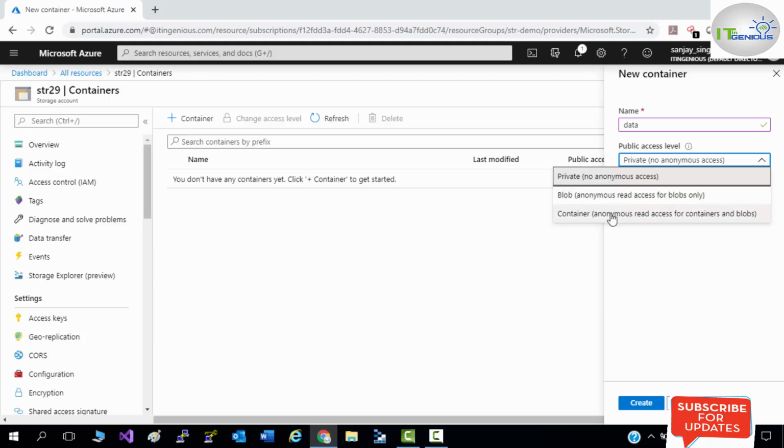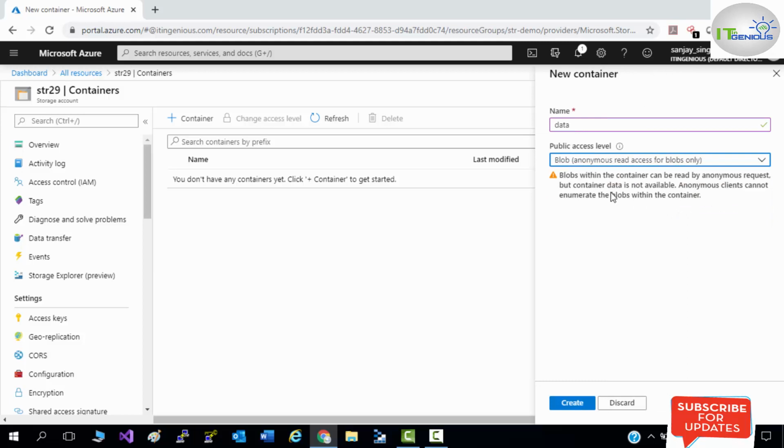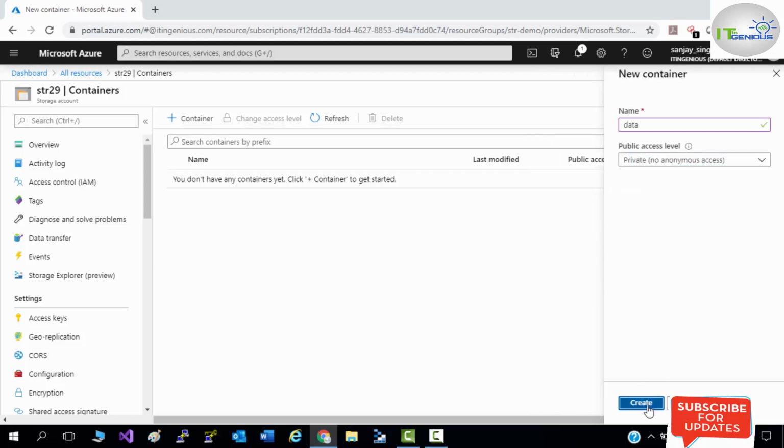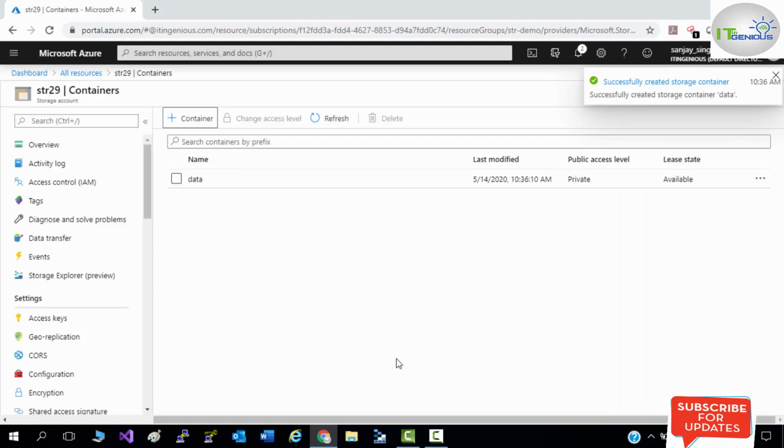And then container, so you would be able to access your blob as well as any nested container inside your container, with the read access permission. Let's select private, no anonymous access first, then we'll change this option later.